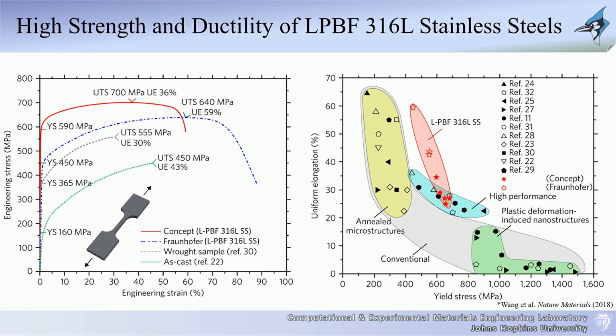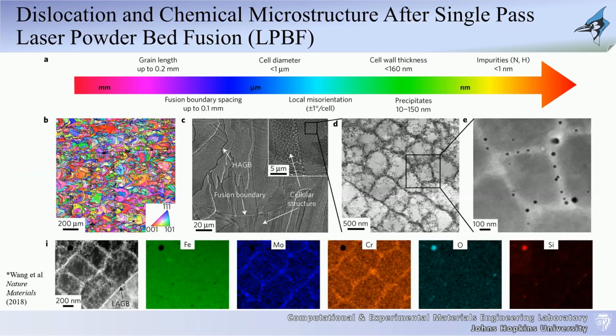So experimentally, people have been looking into why this is the case, and this exact same study has particularly looked at it. And it all relates to this type of microstructure that is developing during this additive manufacturing technique. So what you're seeing here, this is basically your grain structure. This is a few grains, looking closely with some type of etched surface. I'll talk about it in a minute. And then if you take TEM foils out of parts of these samples, this is the type of dislocation structure that you're gonna see. If you look chemically, these are the type of chemical concentrations that you're seeing in the sample.